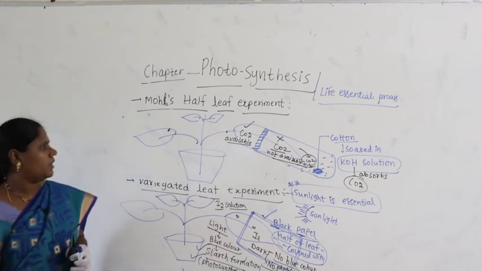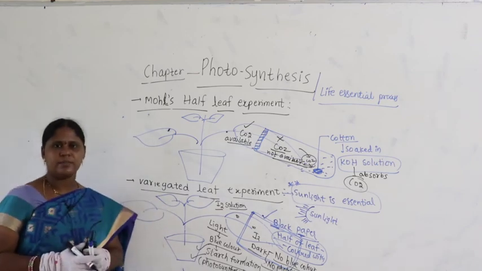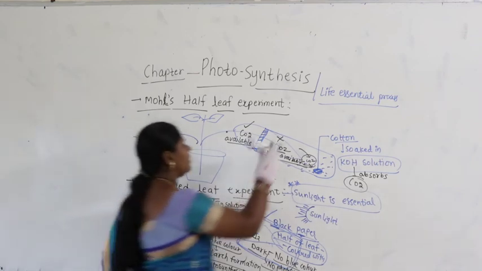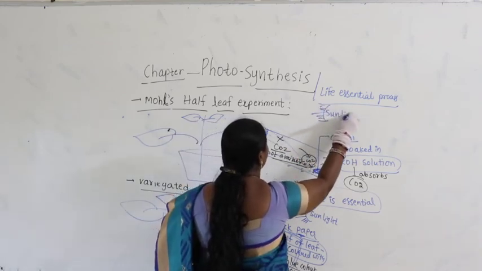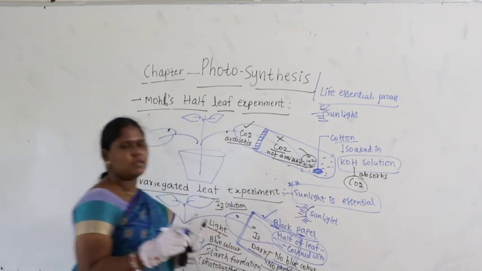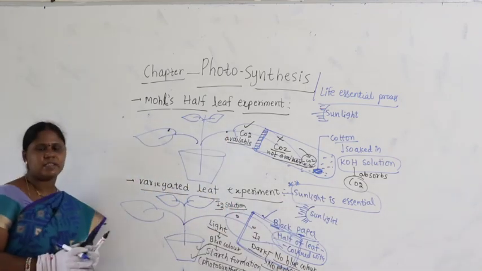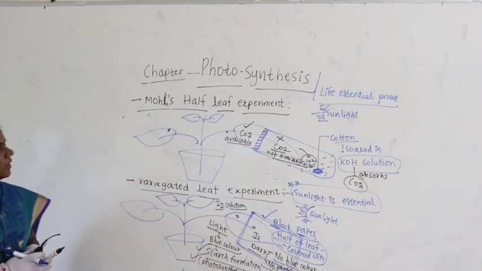Now it is kept in the sunlight for 48 hours. Sunlight is a common thing in all experiments. So after 48 to 72 hours of keeping it without carbon dioxide and with carbon dioxide,